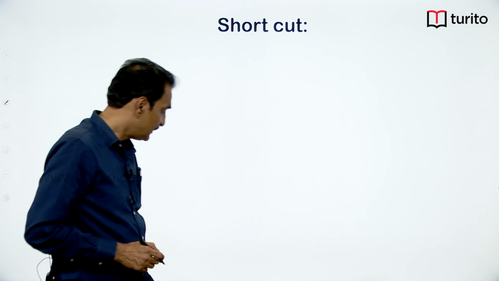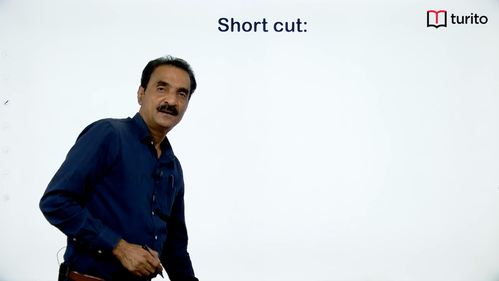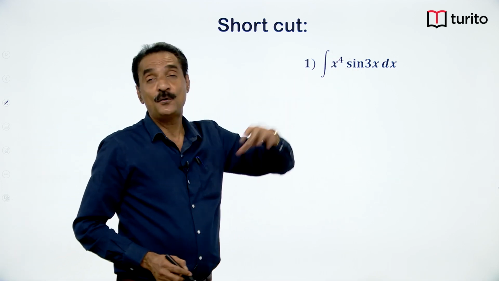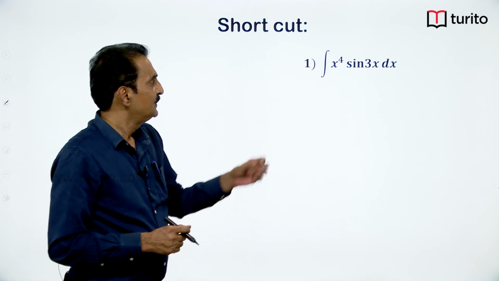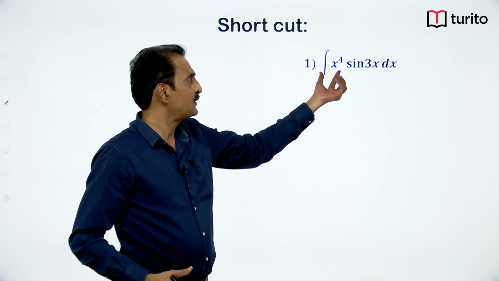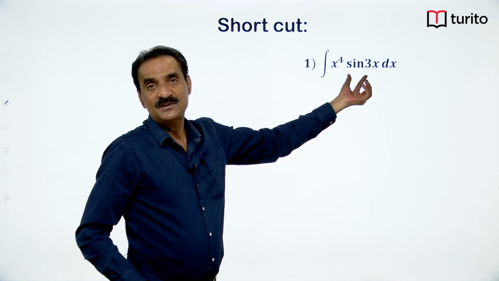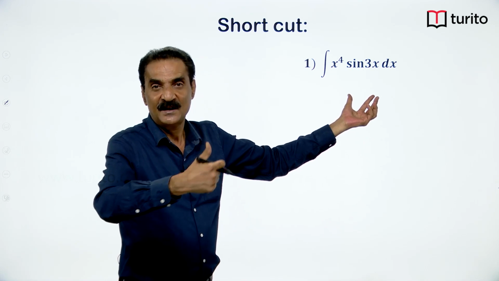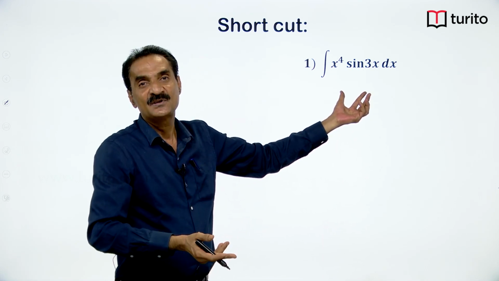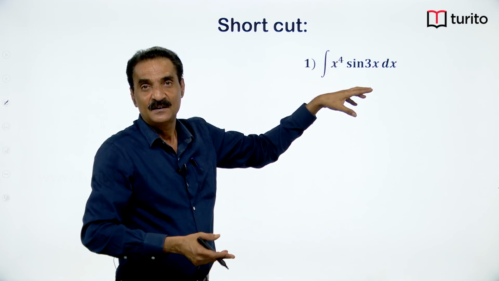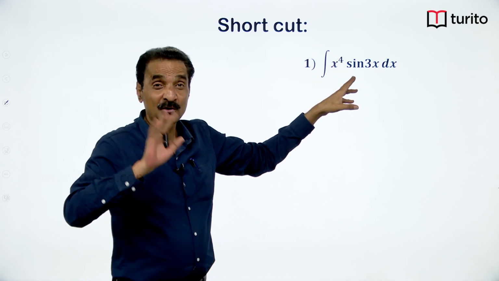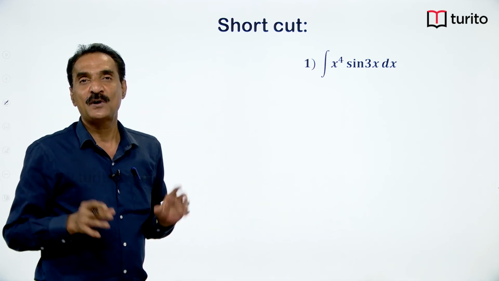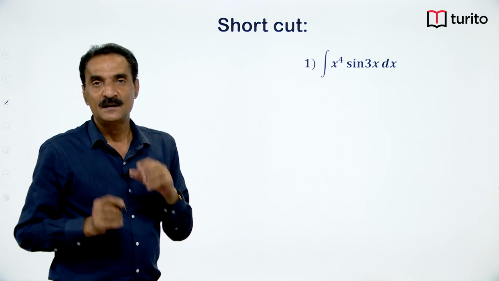Now, I will tell you one shortcut formula for integrating x power 4 sin 3x. In the usual method, we have to take x power 4 as first function, sin 3x as second function, and integrate by parts. Again you will be getting product of two functions at the end. Again integrating by parts, x cube becomes x square. In this way we have to integrate it by parts 4 times. But in my shortcut method, you will be able to write the answer in one step. The method is,